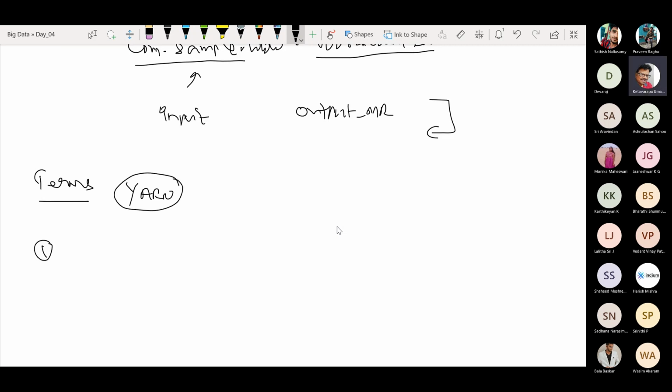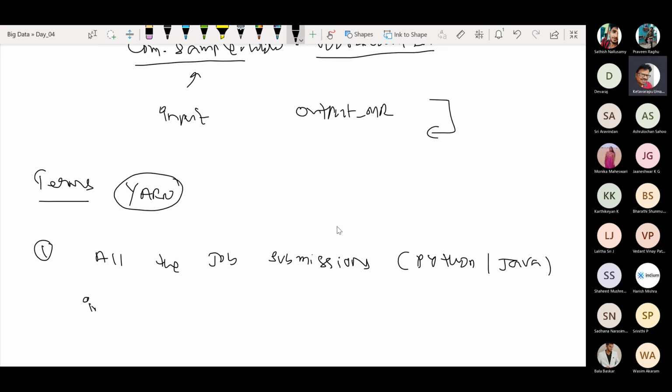The very first point we observed: all the job submissions, may be Python or Java in either case,